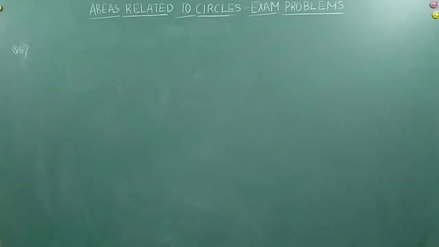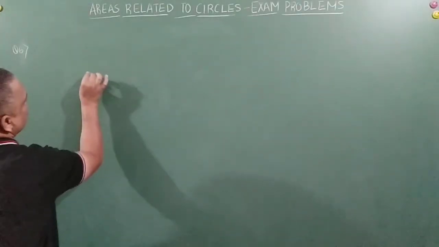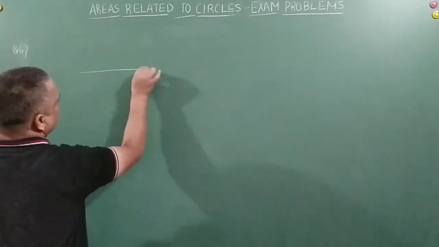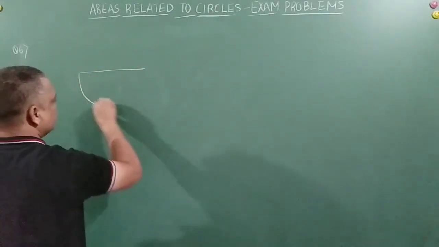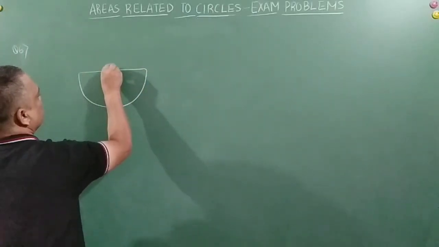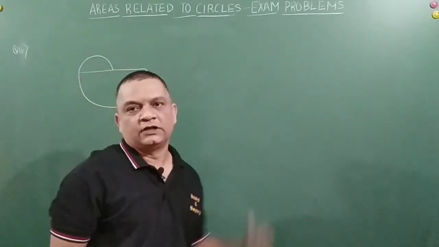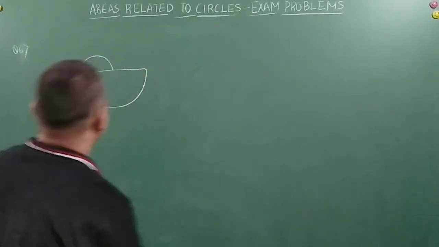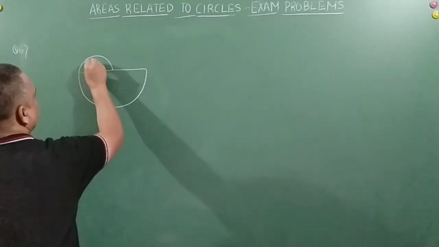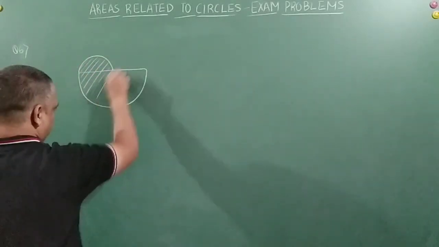Okay, so in the below figure, APB and AQC are semicircles, right, friends? So let me just first give you the figure. Okay, so this is basically a semicircle, and this is again a semicircle, right, friends? So the figure is something like this, right? And we are expected to find the area of the shaded region here.